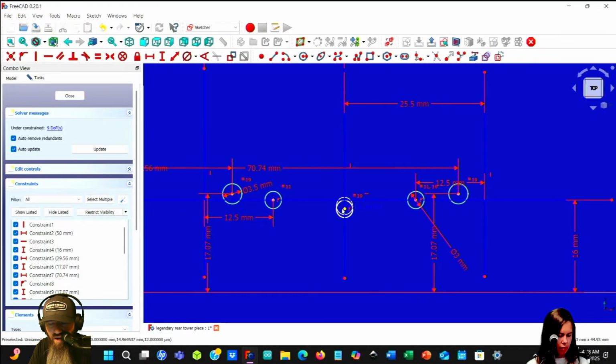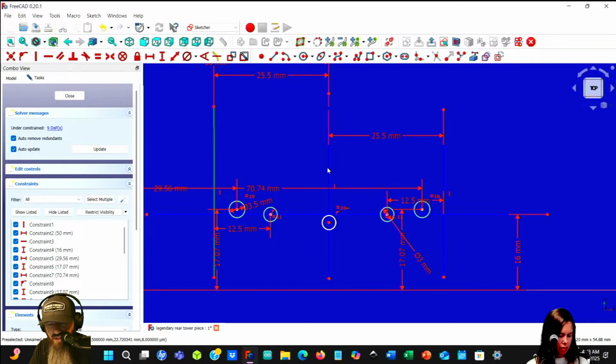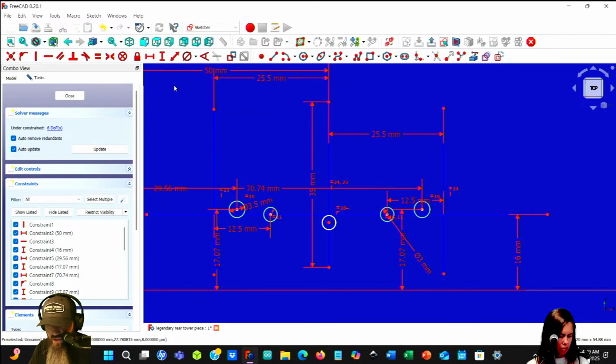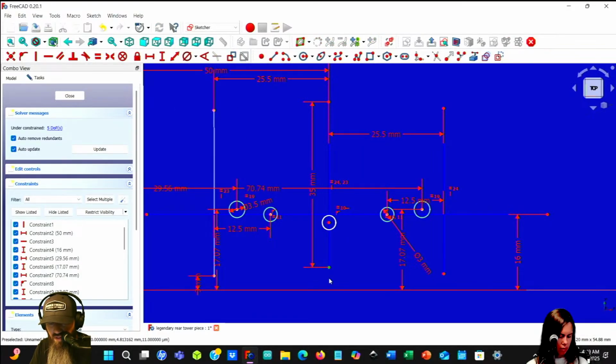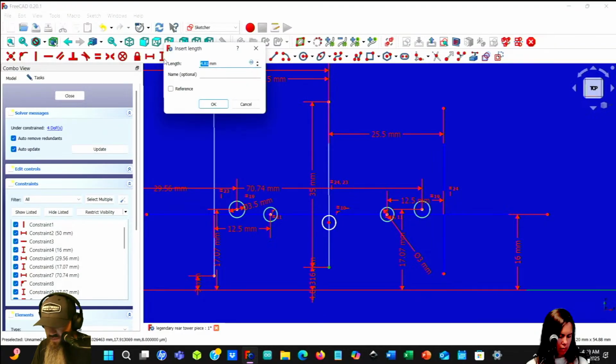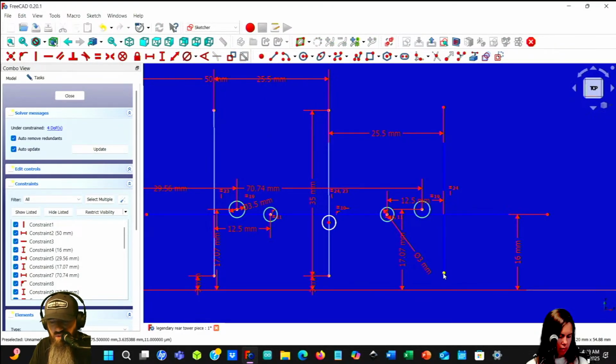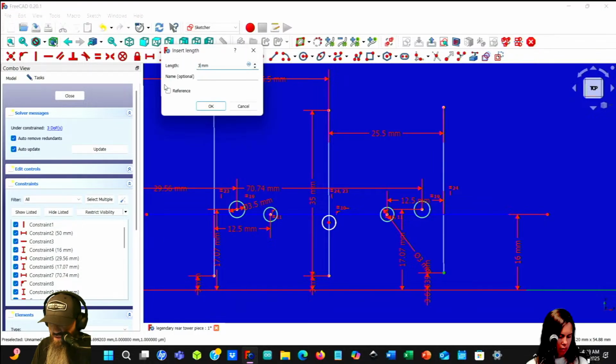Okay, we need to figure out how high this one is, though. So we still have 9 things to constrain. And obviously, I don't know if we can just make all these 3 lines the same length. We can push equals and then define one of them, if that would be a better way of getting the constraints down or not. If we just put that they need to be 3 millimeters from there, I don't know if this will work either. Because I want this to be fully constrained too, so it doesn't move at all.